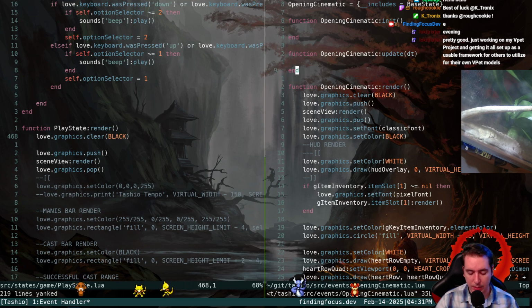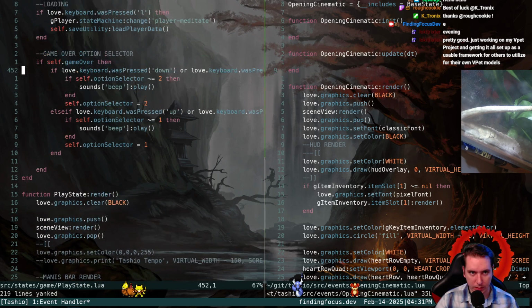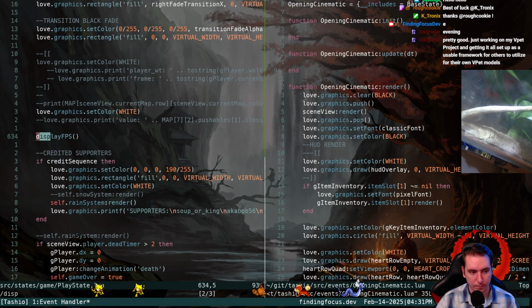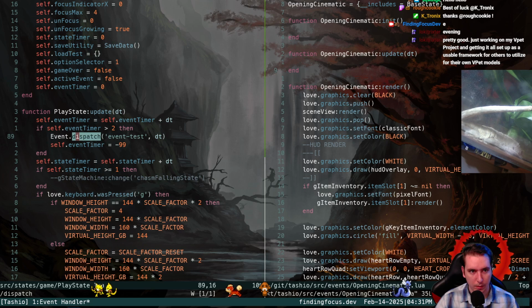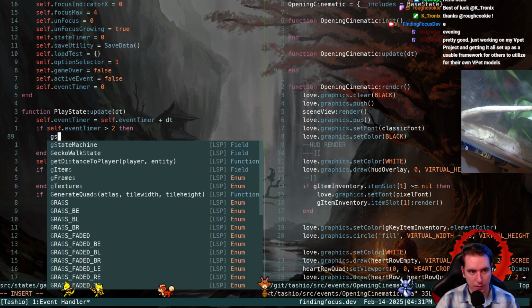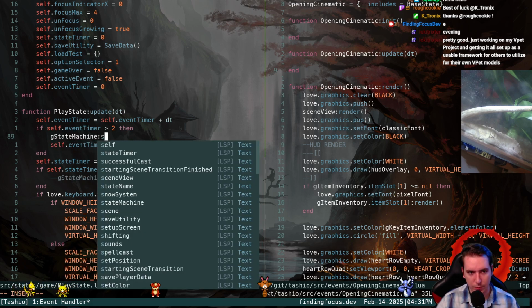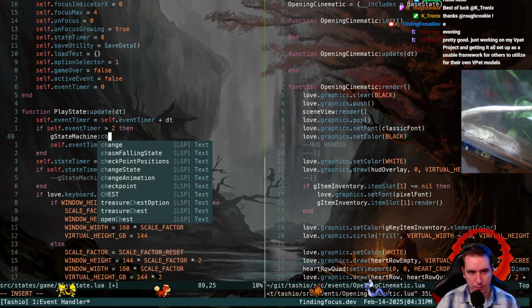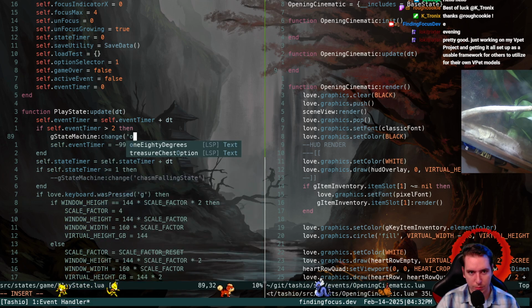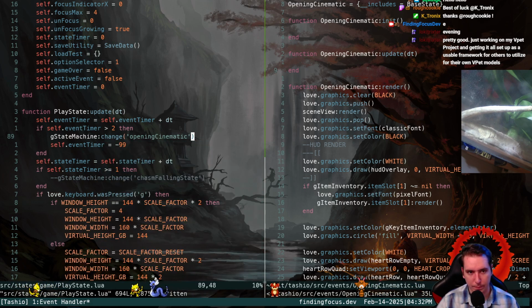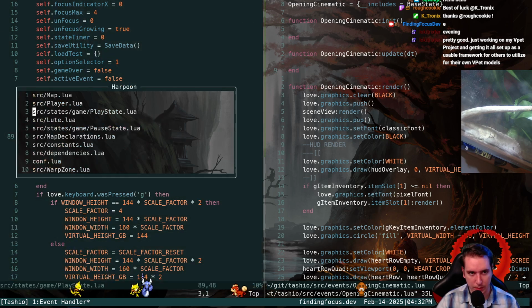So let's see if we can, instead of doing this event dispatch, let's just do a... oh man, this is gross too, because if we need to change states for our state machine, we run this and we say change, and we change to, we need a string for whatever it's called so that we can change to it. And that means when we define our state machine,